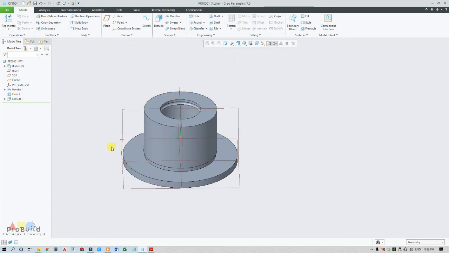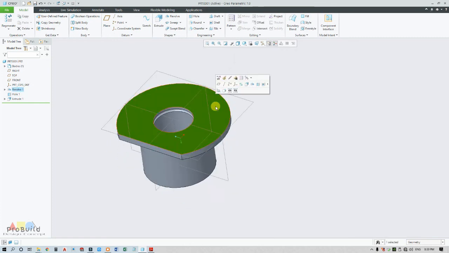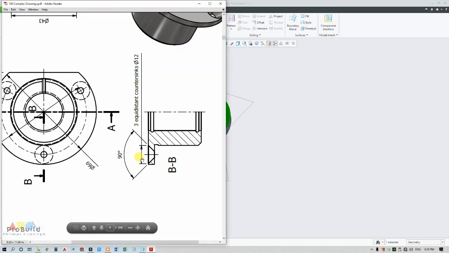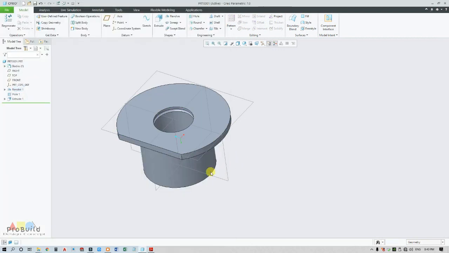So select the bottom surface, that's very important because the countersink is from the bottom surface of this part, and you can find these 3 equidistant countersinks of diameter 12. I've given only this diameter, the upper circle, the smallest circle dimension is actually missing, so let me assume that.